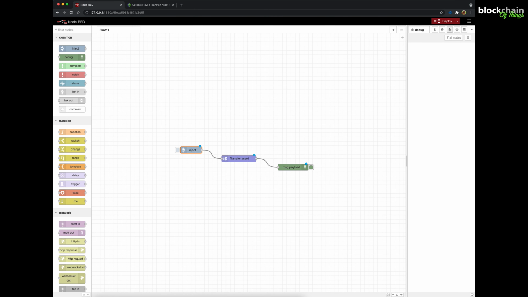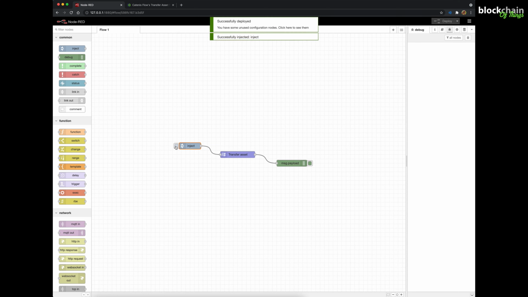Click Deploy. Now, let's test the flow. Click the button on the left of the inject node to send the input from the inject node through the flow. Great work! Now that you know how to create a flow using the Transfer Asset node,